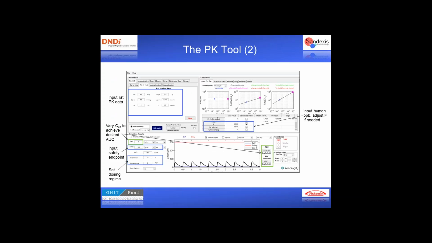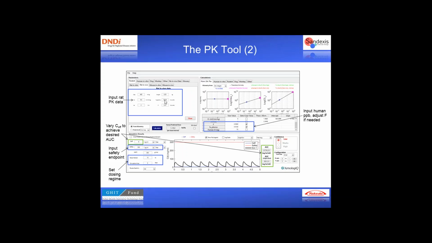So here is a screenshot of what the tool looks like and how we've used it and where we've ended up inputting data. This is purely looking at rat in vivo data. There are multiple other tabs and ways to input data if you don't have rat in vivo data, for example. But what we've done is input our rat IV PK data here. You need to be a little bit careful about the units. Certainly, as a med chemist, I'm used to looking at volume in liters per kg rather than mils per kg, so I'm forever making a mistake in terms of the volume, so you just need to be a little bit careful there. This Ka value is where you can modulate your rate of absorption, then body weight of the animal,